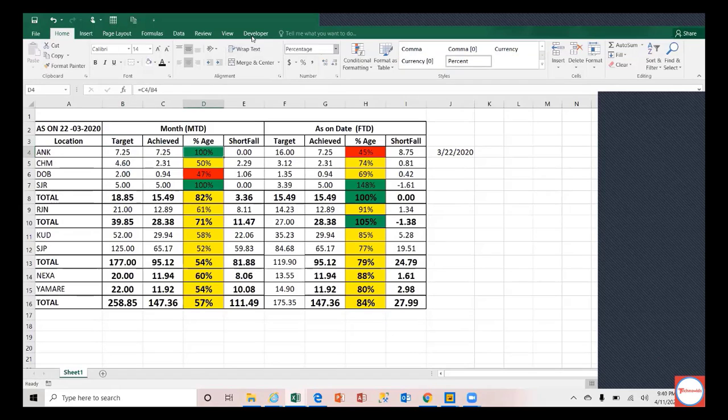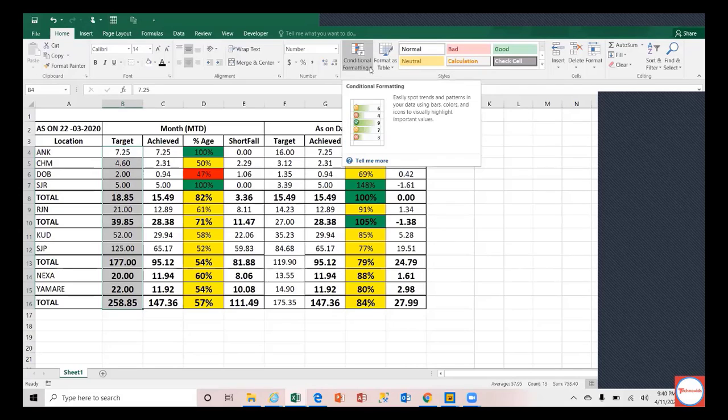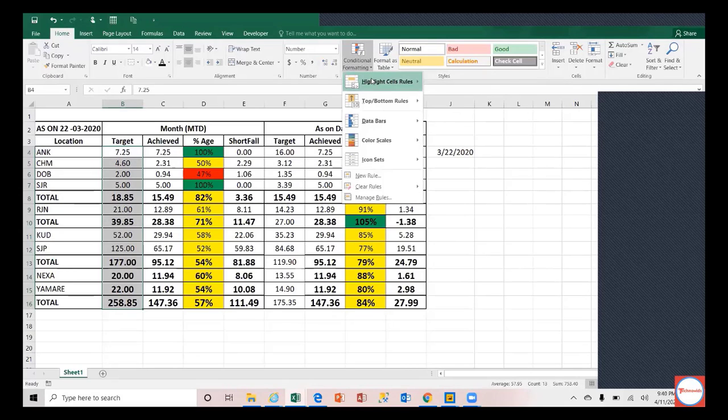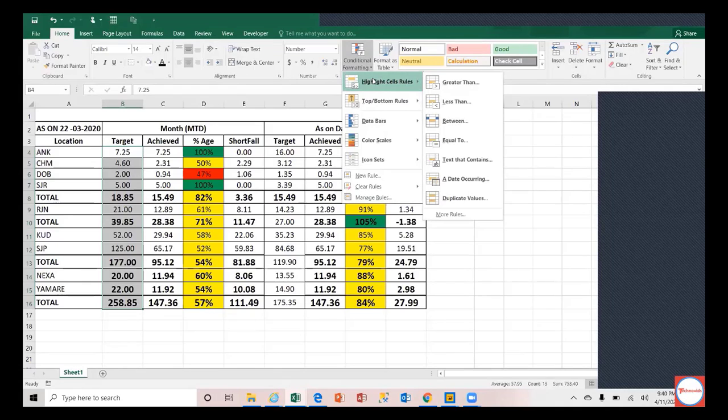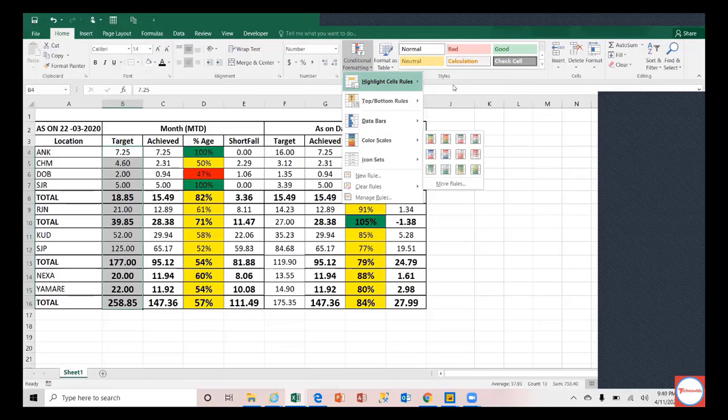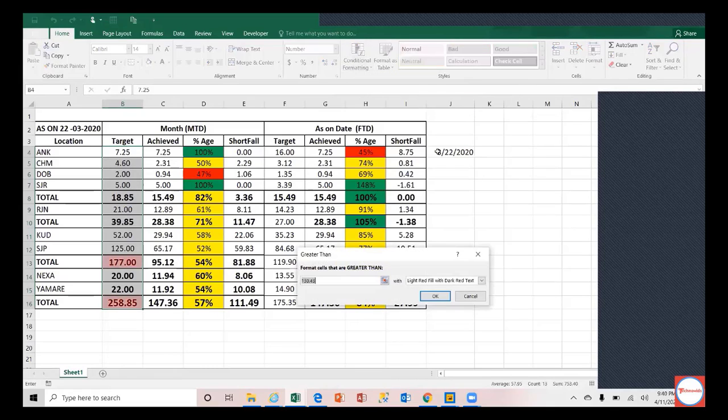I think all of you know conditional formatting. Most of you, I am assuming, are using it also. Conditional formatting is something where you can format your data by using a set of values or a set of rules. In this case, if I want to highlight the rows which are greater than 100, let's say greater than 100, these are the rows where my values are greater than 100.